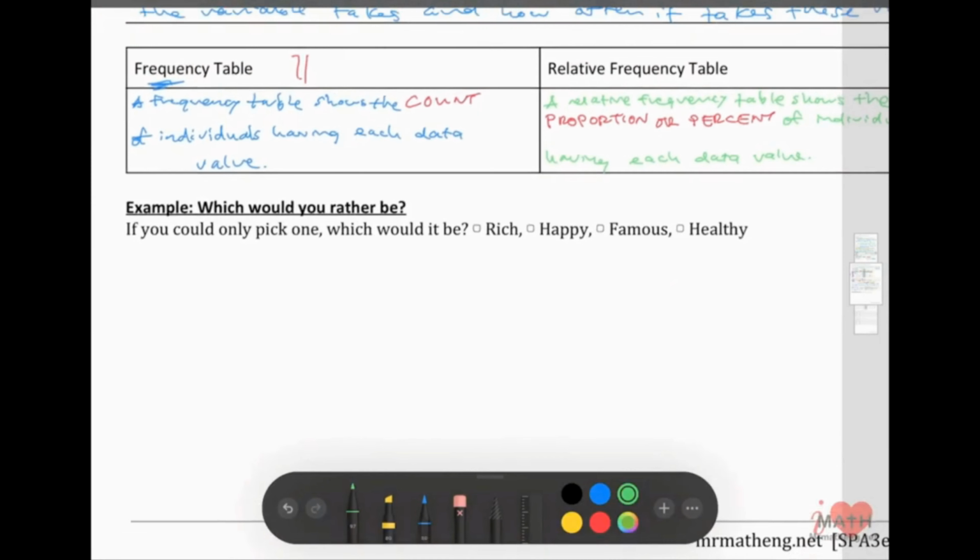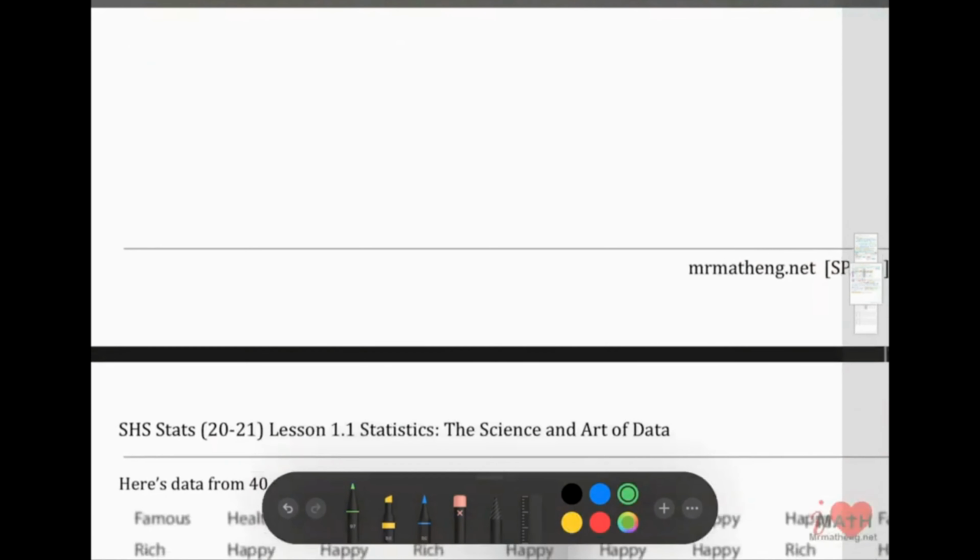All right, here is an example. Which would you rather be? If you could pick only one of these, which would it be? Go ahead and check one of those, and then I think I'd rather just be, to me, happy. And if we got a data set,